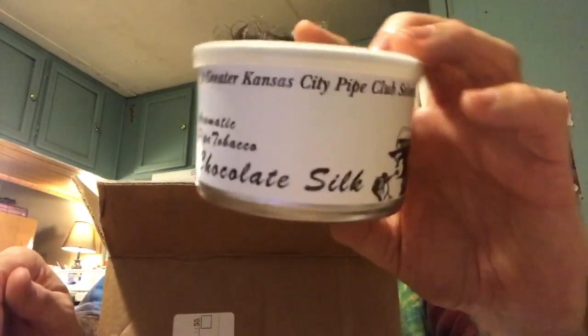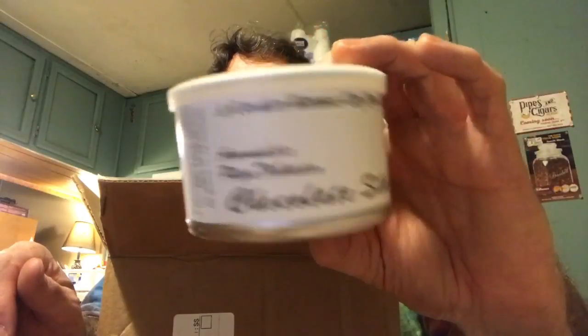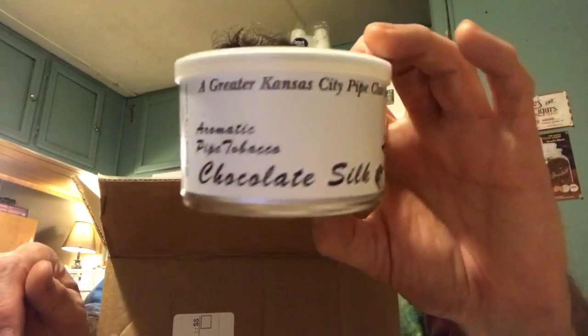We're going to start with this. I just got another tin of this, because this is now one of my all-time top chocolate aromatics. And by the way, I ordered 2 tins before that, but I didn't do another Yabo, but I did order another 2 extra tins. I get tired of doing Yabos. I figure, why should I have to do a Yabo in every single thing I get? Anyway,